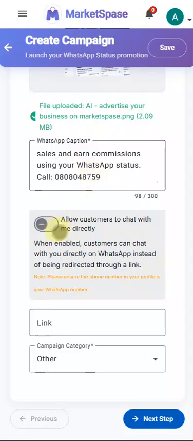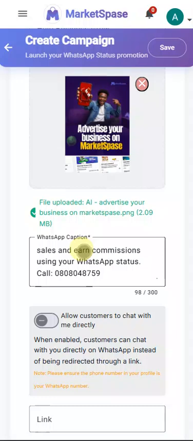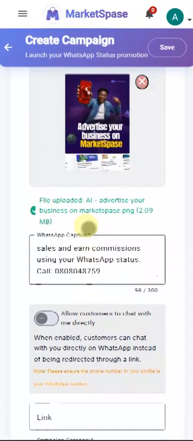Now the next thing you have to do here is there is this toggle button here, allow customers to chat me directly. Now since this is going to be posted on WhatsApp, you are expected that during the profile setup section you entered your WhatsApp phone number. It's required that you enter your WhatsApp phone number. If you did that during the setup